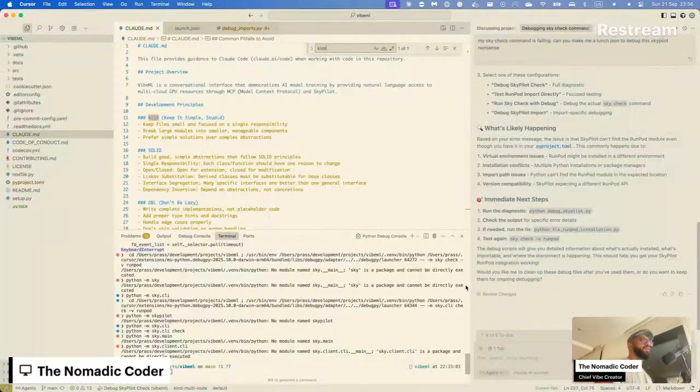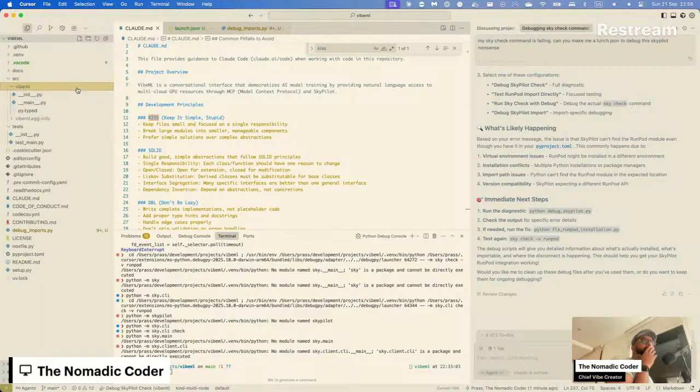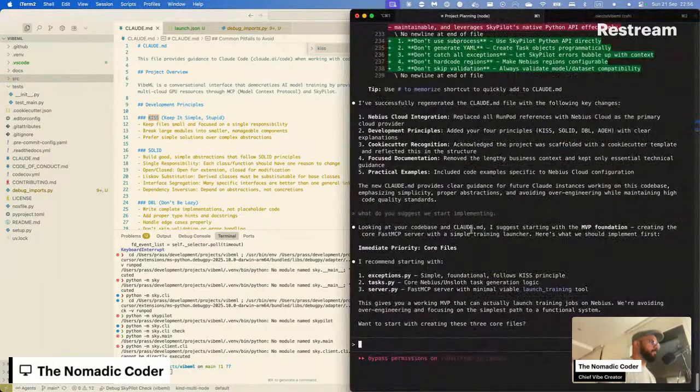Let's have a look at the directory structure as it does it. Where has it created stuff? Nice.